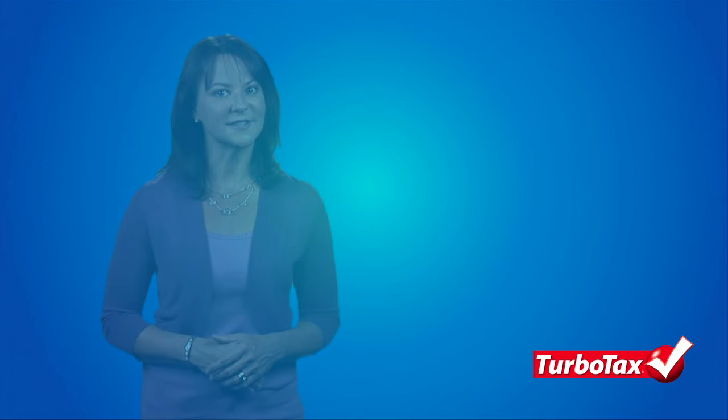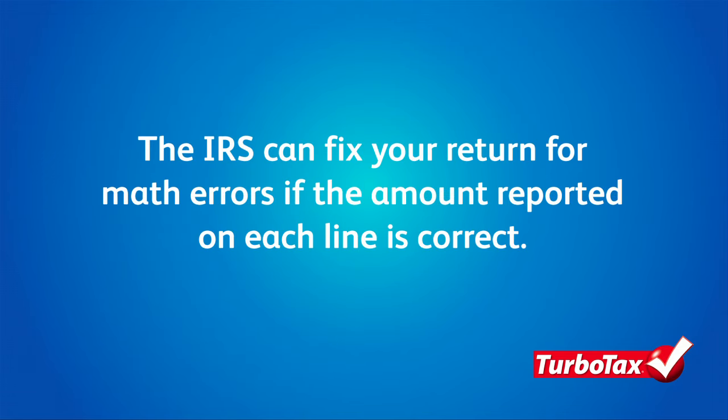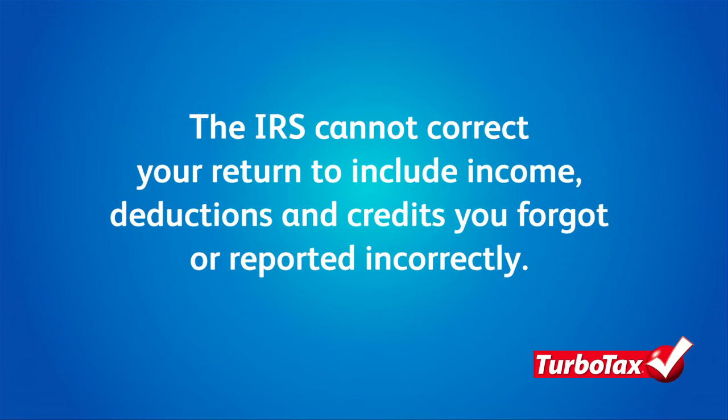When you mail a paper copy of your tax return, the IRS reject codes aren't applicable. And although the IRS won't technically reject your return because of some missing or incorrect information, the return won't be considered as filed until it's corrected. The IRS can automatically make corrections for math errors, but for other mistakes, you may receive a notice in the mail requesting the missing information.